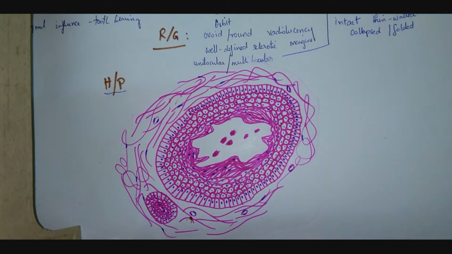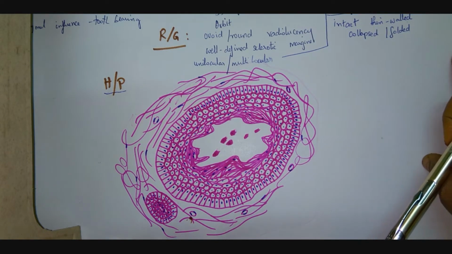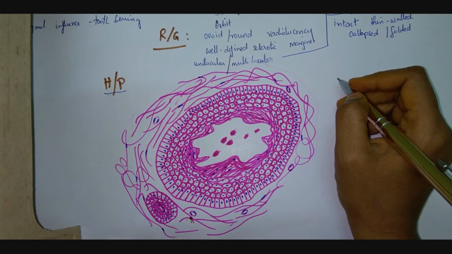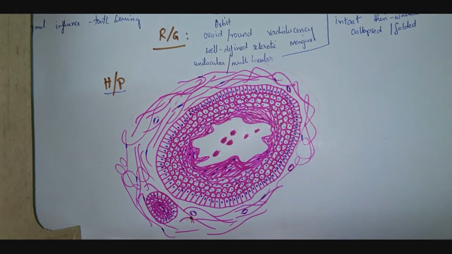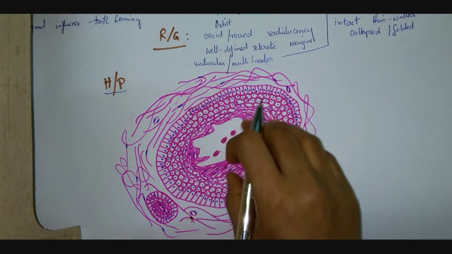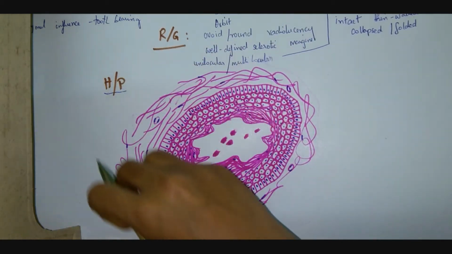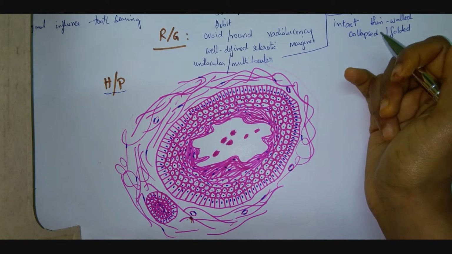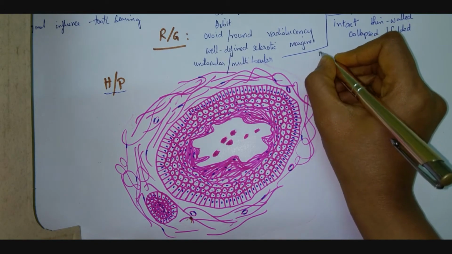After processing the tissue, when viewed under the microscope, what are the features we can appreciate? Now, consider this diagrammatic representation. This is the odontogenic keratocyst. This is the cystic cavity, and surrounding is the fibrous connective tissue wall. In this diagram itself, what are the features we can appreciate? One by one, we will note it down.